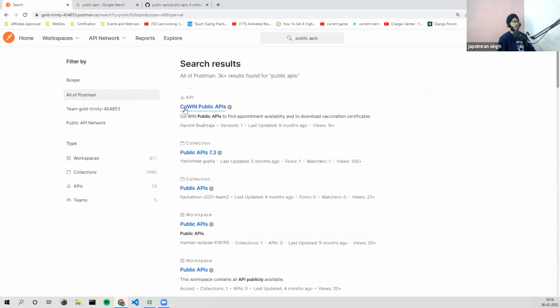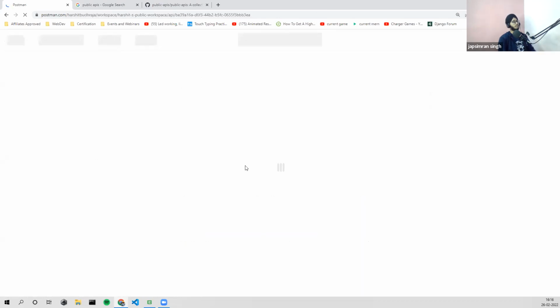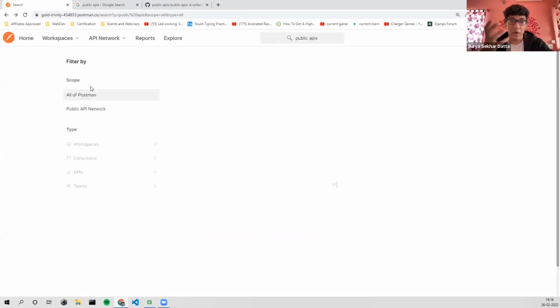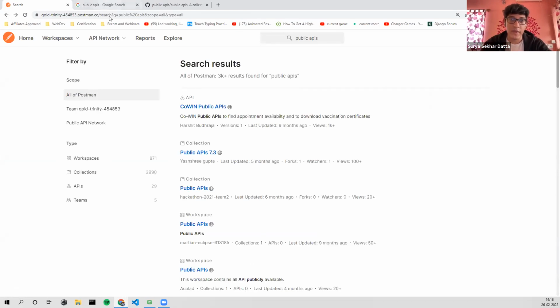We have a Covid public API. You have to consume those APIs, not specifically this one, anyone you want. Basically, find an API that you like and create a small mini project within Postman using that API. We are not asking you to make an API. Obviously, you'd need a backend for that.